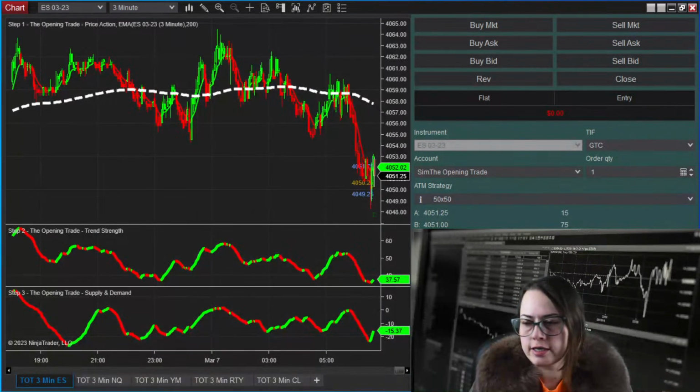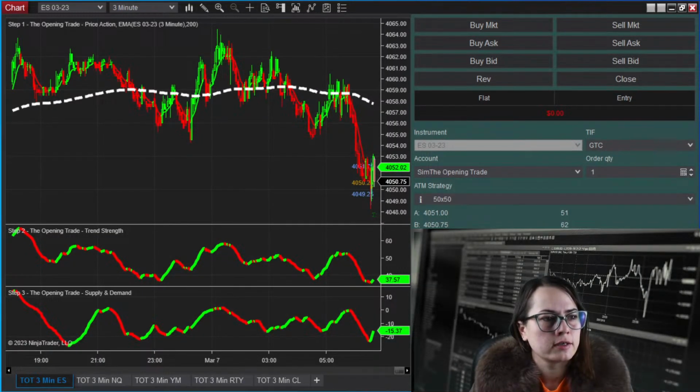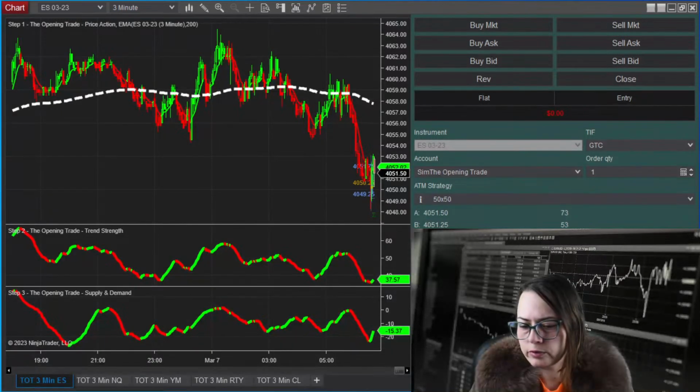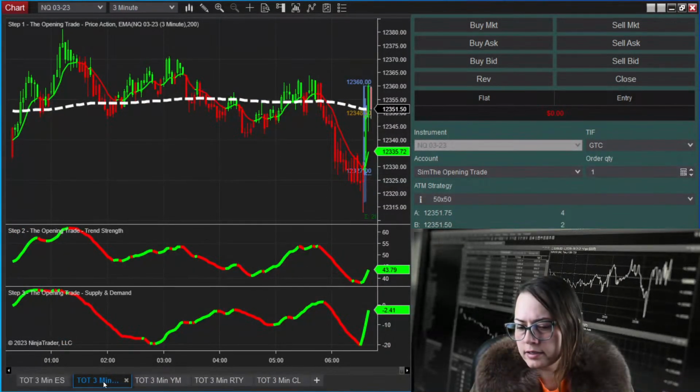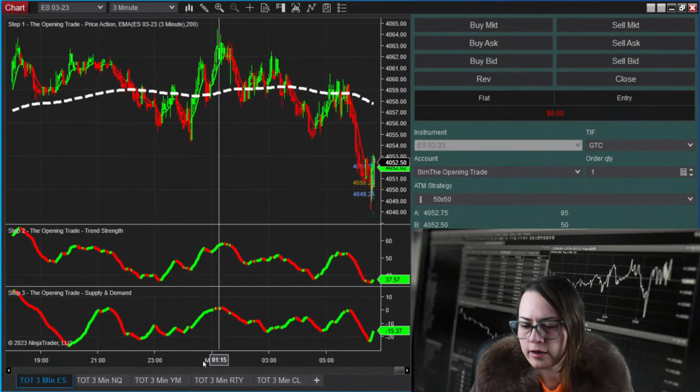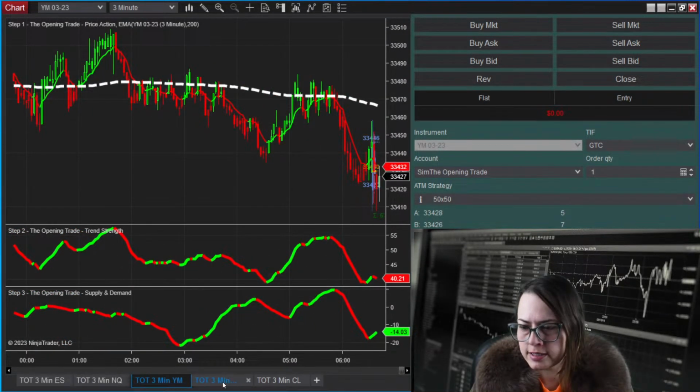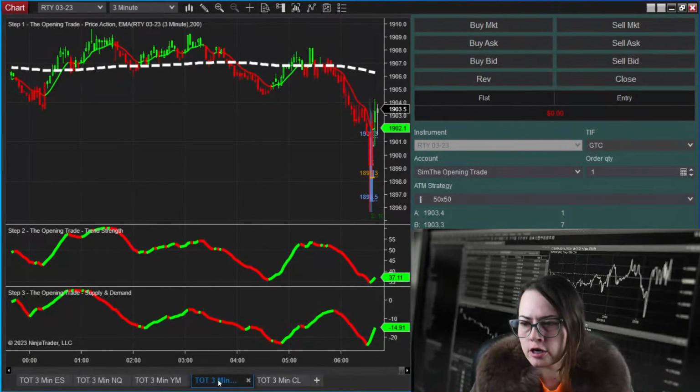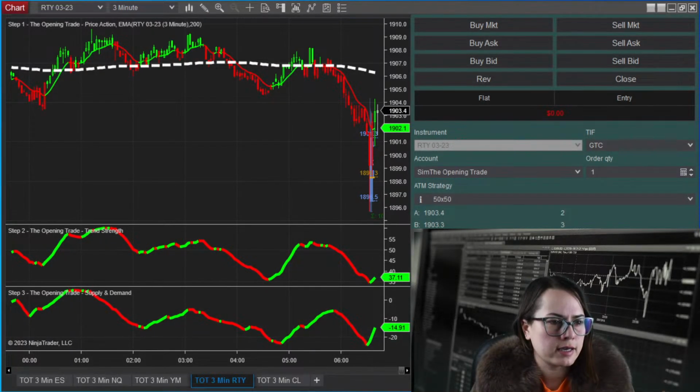So we'll leave our chart here on the ES to see if it takes an automated trade. If it does not, we will flip over to the NQ. All right, so it did not take an automated trade, and nor did the NASDAQ. So the indicators were not met. This is not quite a bit of a surprise considering that the Fed Chair Powell testifies today at 10 a.m. Eastern Standard Time.